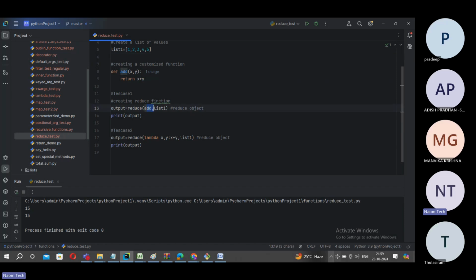What is that? Add takes two parameters, right? In such case, reduce tries to read the first two values and then passes them to the add method. Maybe if you want, you can print X and Y here and see, friends, if you are curious, or you can put a debugger, sorry. Instead of this, to see what comes to X first and what comes to Y first,